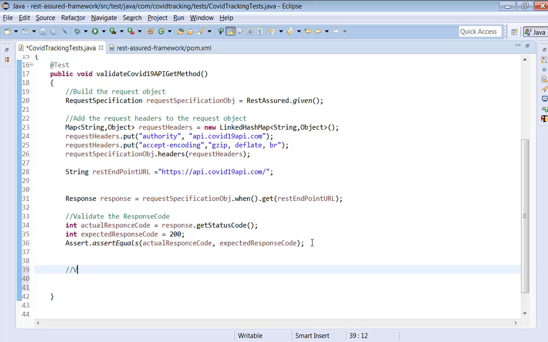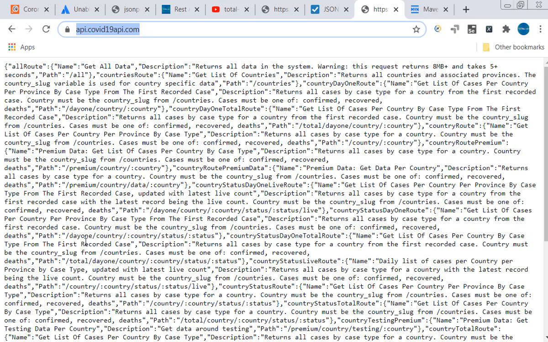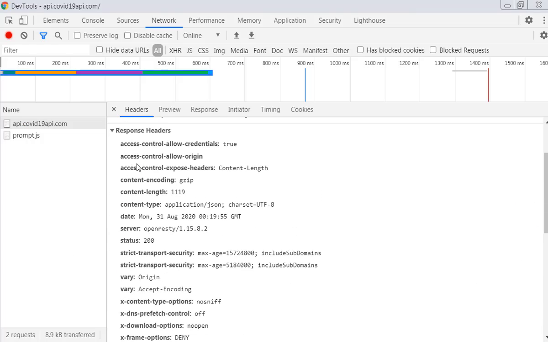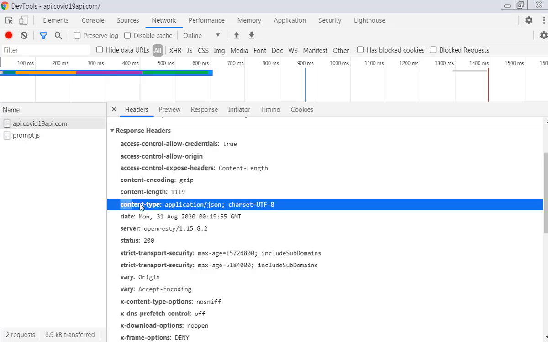Now, next validation. Validate the response header contains, say, take any key. Suppose you want to say the response header contains this one.